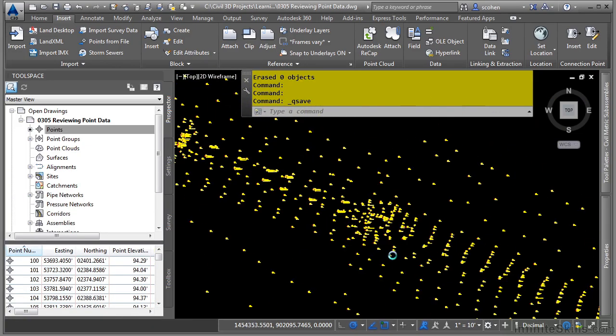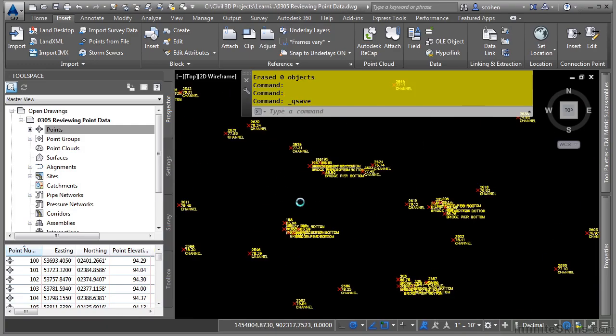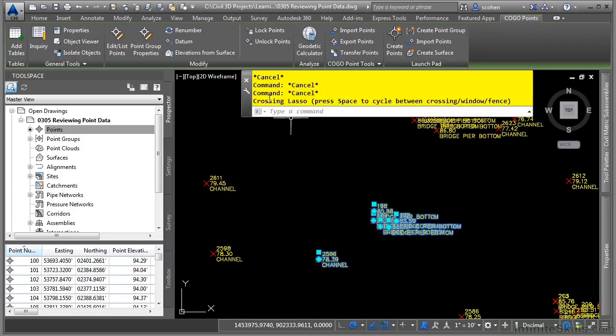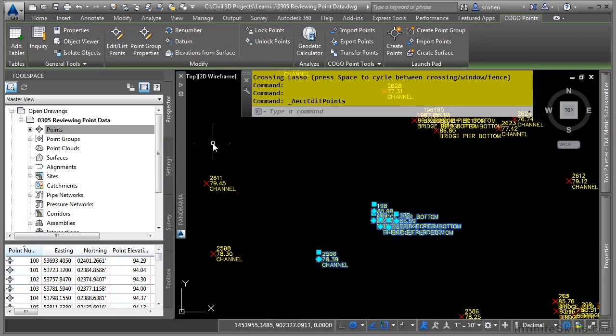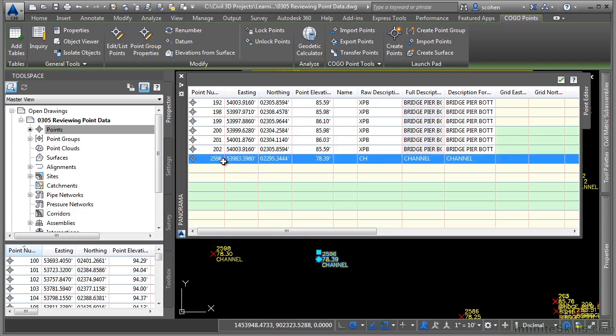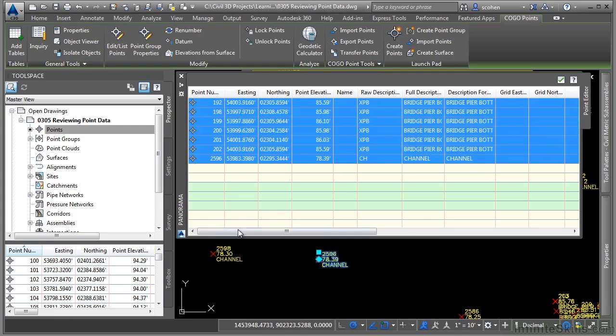If you want to select specific Civil 3D points that you want to edit, you can select them, and then in the ribbon, click on Edit List Points. Again, this will open up in the panorama window, and now you can edit any of the point properties defined here. Note, to make any kind of global edits, if I hold the Shift key down, you can select multiple